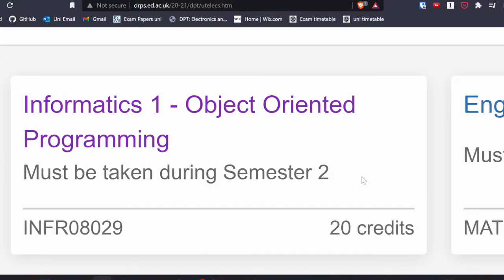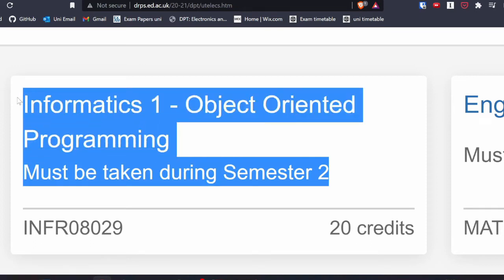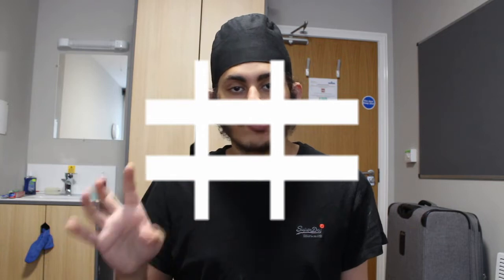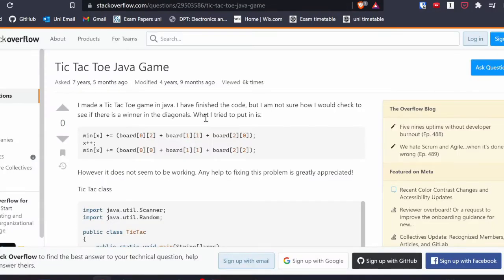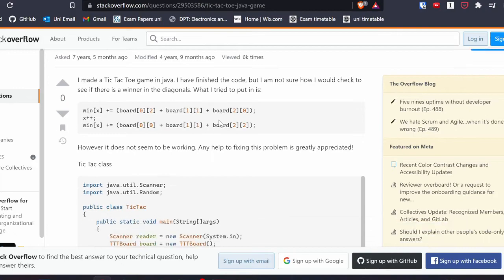When I first made my tic-tac-toe game, this was in object-oriented programming, I think in year 2 of university. This was the first Java class which I ever had in university. And in that class, it took me a long time to actually understand how to make a tic-tac-toe table. I literally didn't even know how to make a tic-tac-toe table to actually put X's and O's in the table. And after a lot of Googling and asking friends, I finally found a Stack Overflow page which helped with half of the answer. But this took me days, literally days, to just figure out how to make a simple table in a tic-tac-toe game.